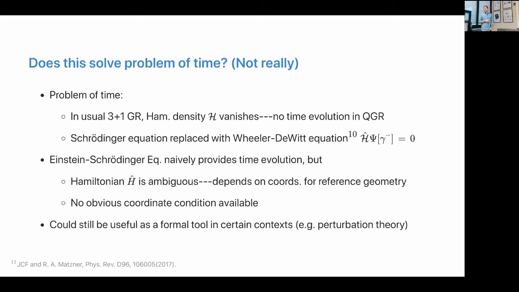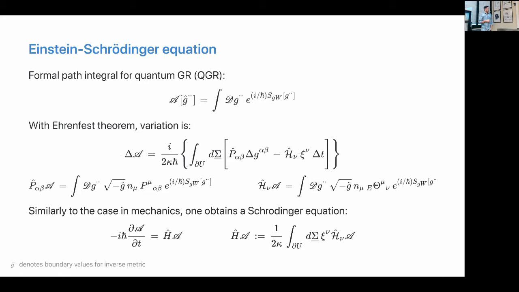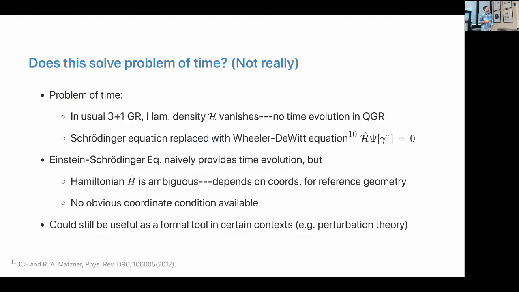Huh? You also have time. In which one? Your formulation. In this formulation, you have time. The problem is the H is ambiguous, and so, yeah, I guess that's the issue. It's still sort of an open issue. I think there might be ways of making progress on it,